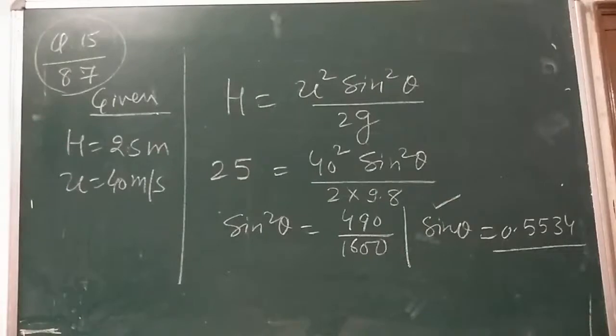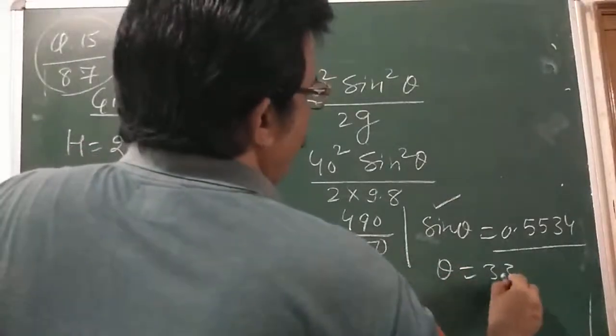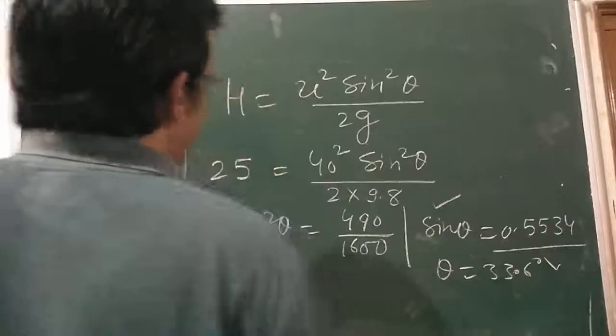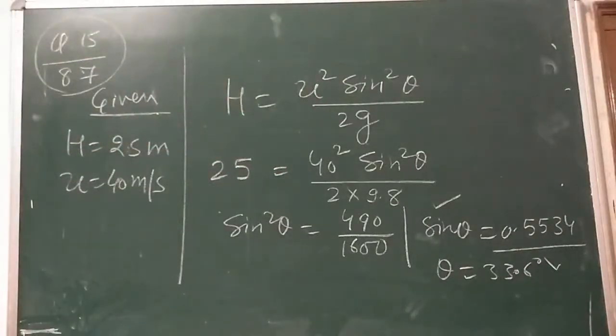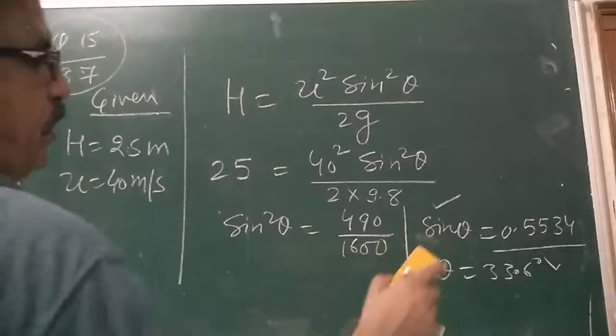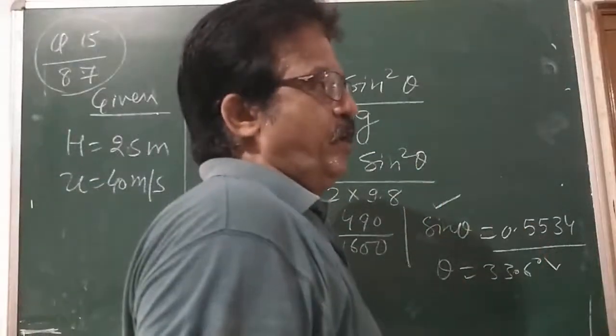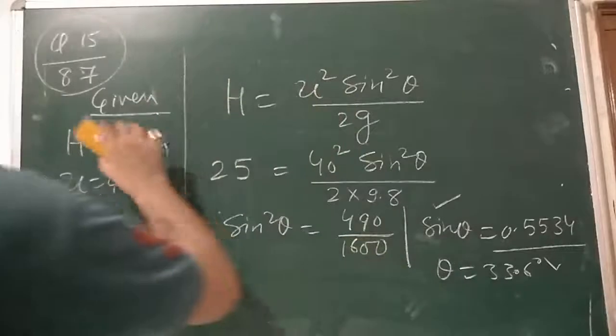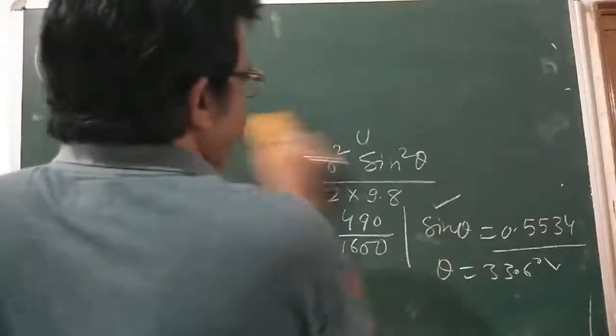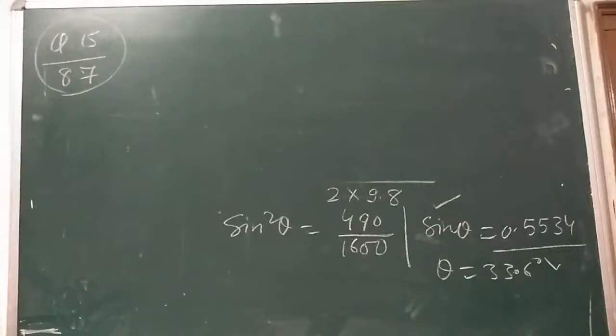That theta comes out to be 33.6 degree, with the help of the sine table. If you have any kind of problem with the sine table, again you may ask. So now, dear children, you also want to find out the range, that is R. What is the maximum horizontal distance that a ball thrown with this speed can go without hitting the ceiling of the hall?